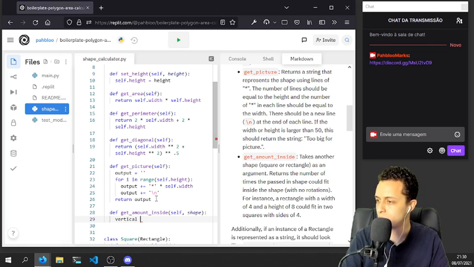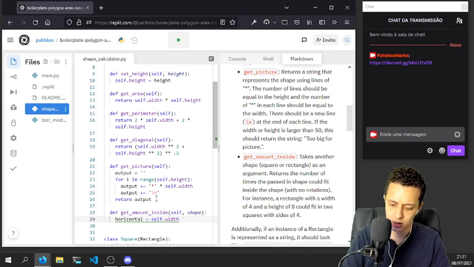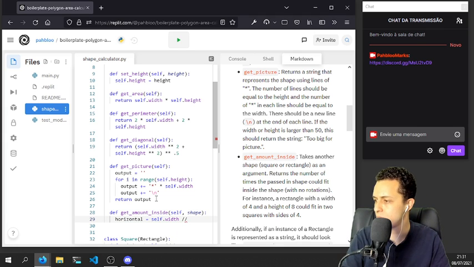Oh no, let's start with horizontal. Horizontal equals self.width, integer division by shape.width,